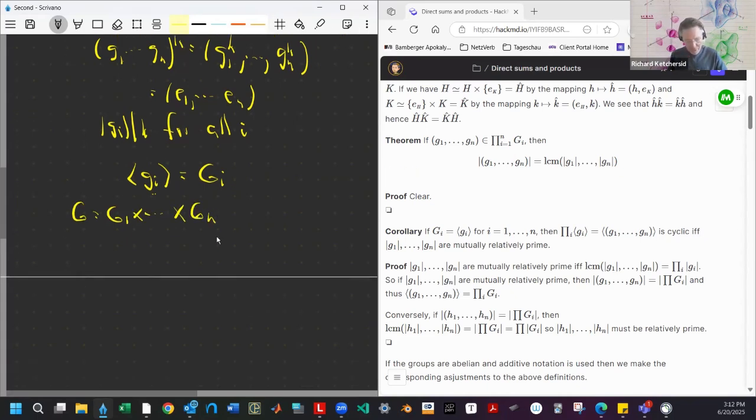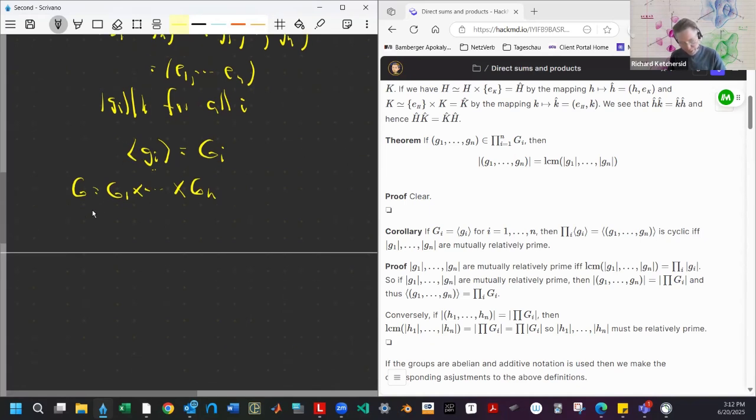And we might ask, well, what is generated by the element, let's call it g equals (g1 through gn)? So individually, these each generate their corresponding groups. Well, the only time we're going to get that this generates all of G, so the subgroup generated by g equals G, if and only if